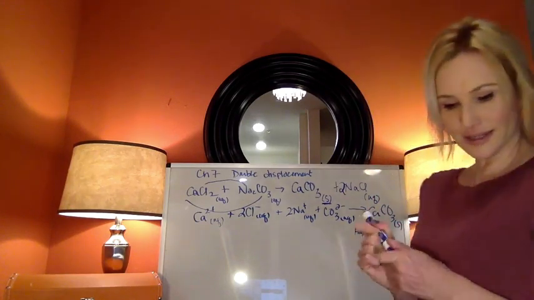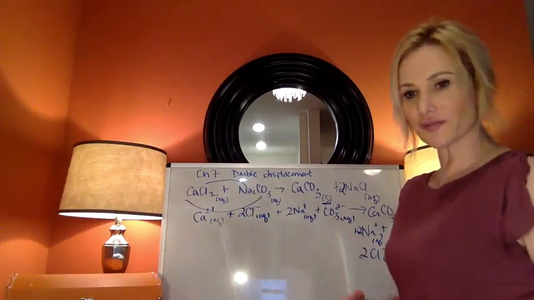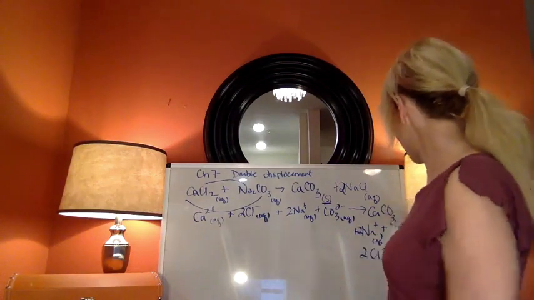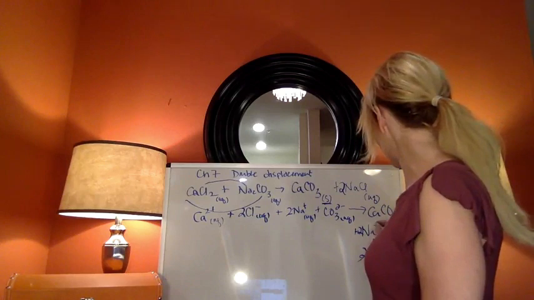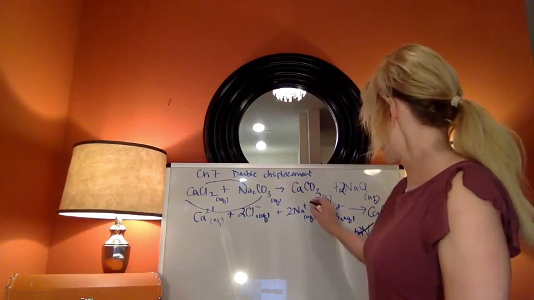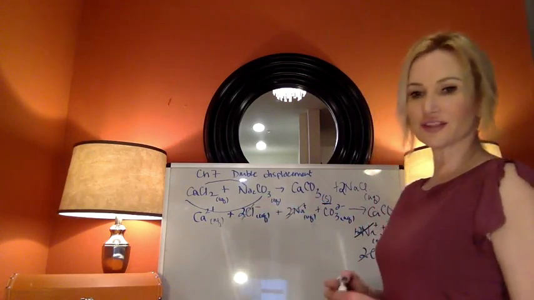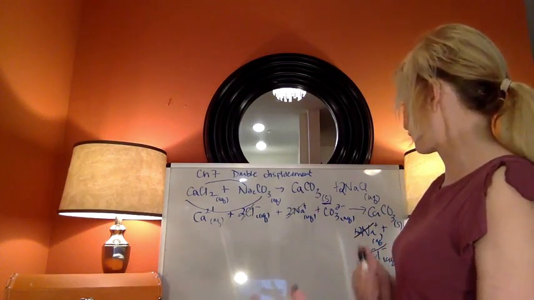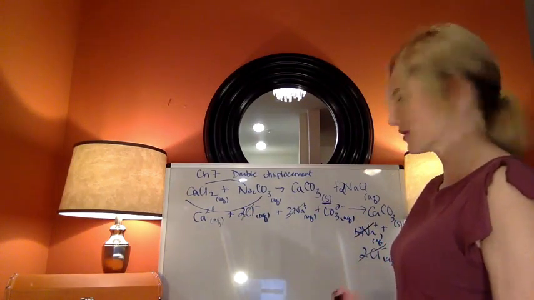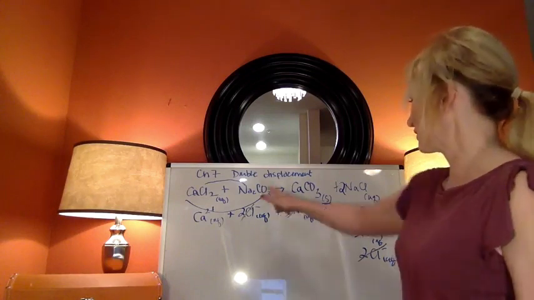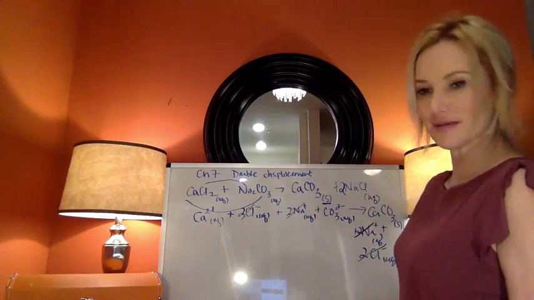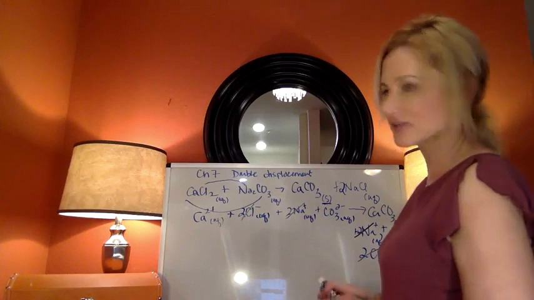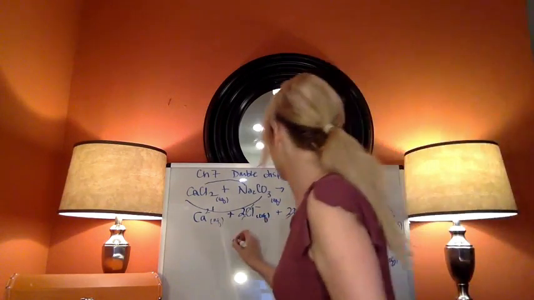Since they are exactly the same charge, same form, on both sides of the total ionic equation, they are spectators, meaning they don't form any new bonds. They're merely there as ions floating around in the same form the entire time. Once you get rid of spectators, what you have left is your net ionic equation. And your net ionic equation